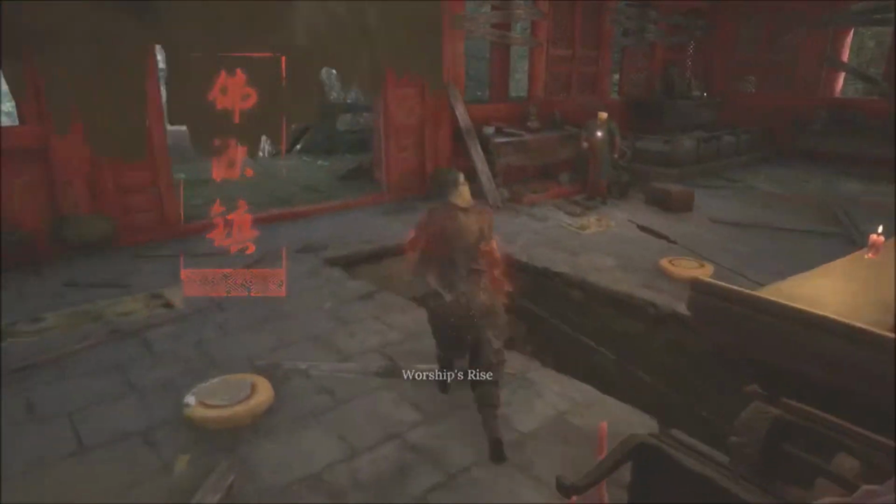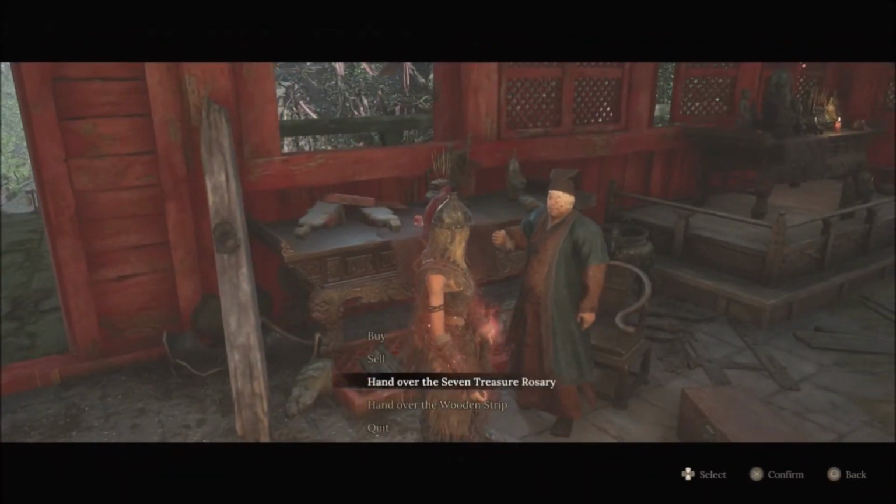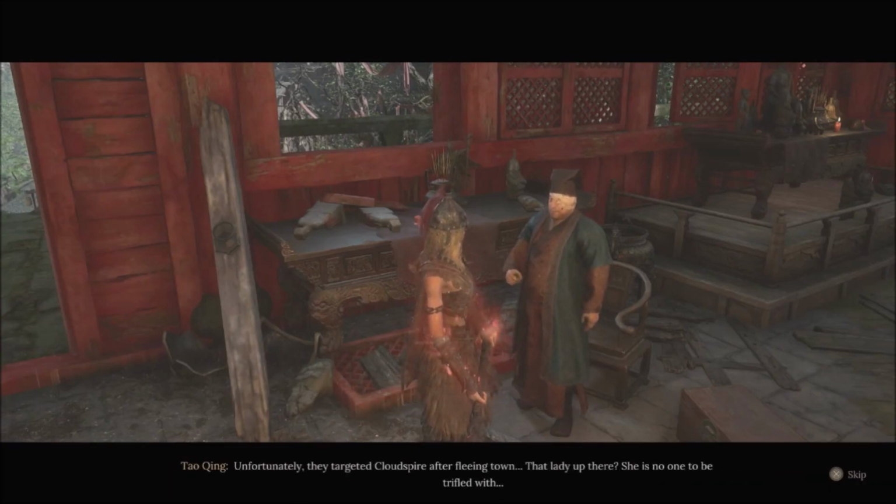And then we'll do some fashion souls. We'll go ahead and get out of this outfit. It's no longer necessary, so we can hand over the 7 treasure rosary from Ai Ning Chi and the wooden strip from the Ming general. The beads, unfortunately,